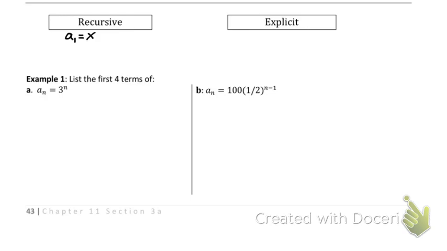Now, remember, for recursive, everything's based upon the number before it. Yesterday, our formula was the term that I want equals the term before it plus a common difference, d. Well, we aren't adding this time. This time we are multiplying, so we should treat it the same. We're going to go the term I want equals the term before it times our common ratio. So we got our term I want